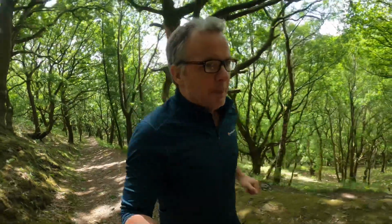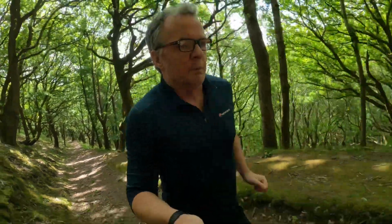Hear the cuckoo. I'm having a little test of a bit of trail running, but yeah, they're light. They're really light. The feedback through the soles is amazing. Obviously I'm feeling all the rocks and the twigs,